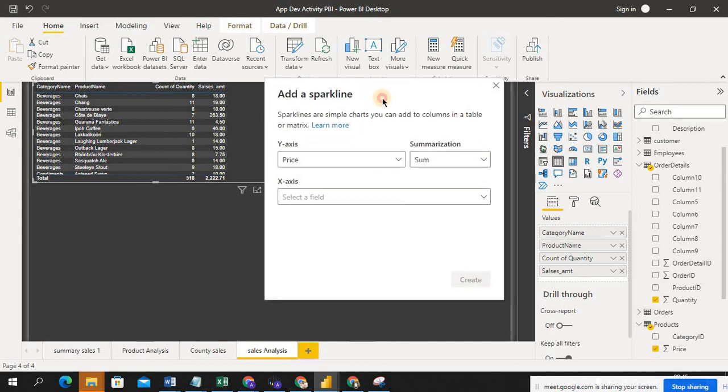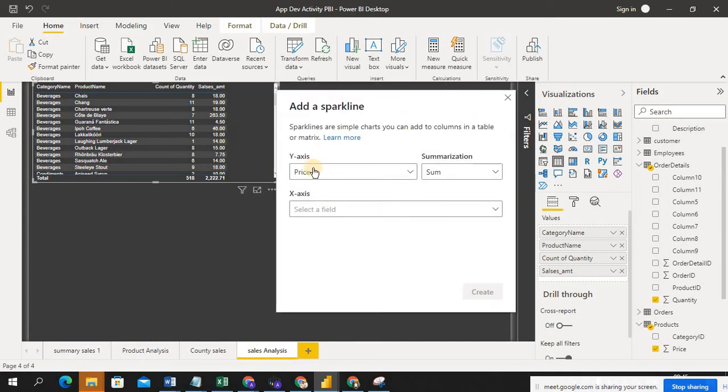So here, I'm using sum. So this is in the y-axis, the price, right? The original column name is price. Select here y-axis, in the sense this one. But for this requirement it won't suit, so don't touch this now.